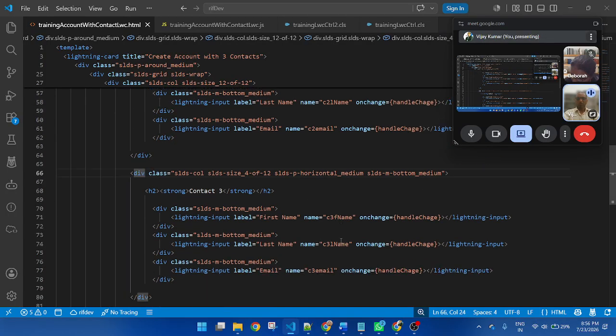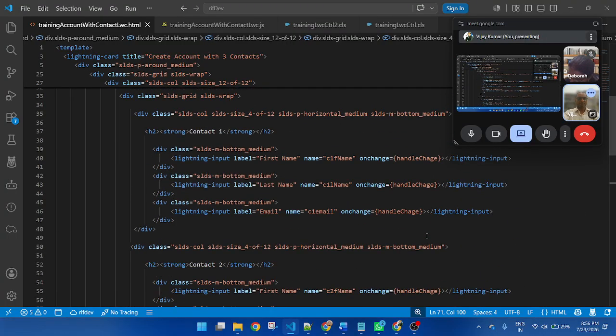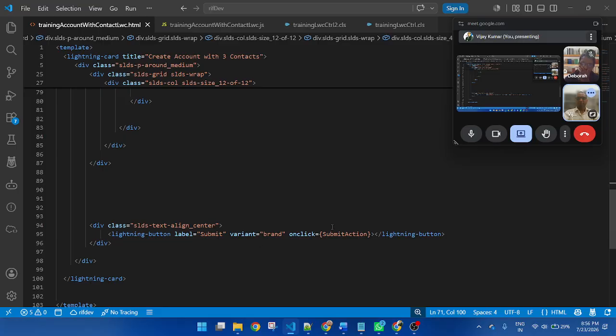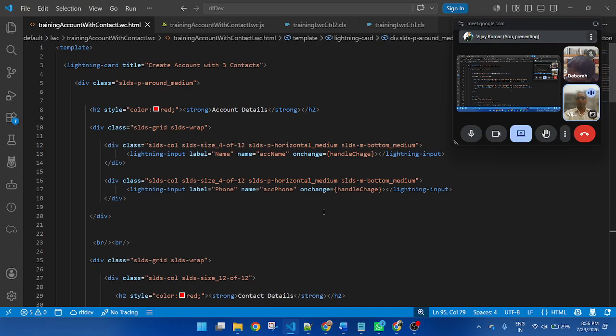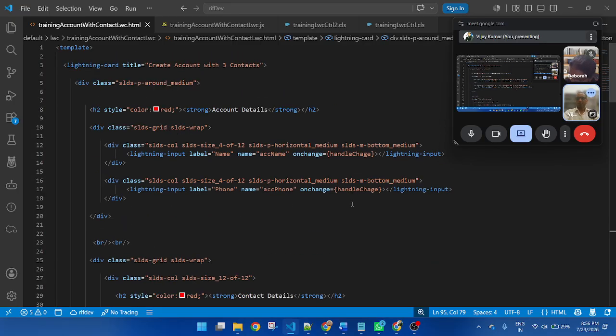And this is the third column, contact 3. Each and every input field's handle change is the same. And at the bottom, I am putting a button click, submit action. When clicking the button, I am inserting one account and three contacts automatically, and all of the newly created contacts are associated with the account.